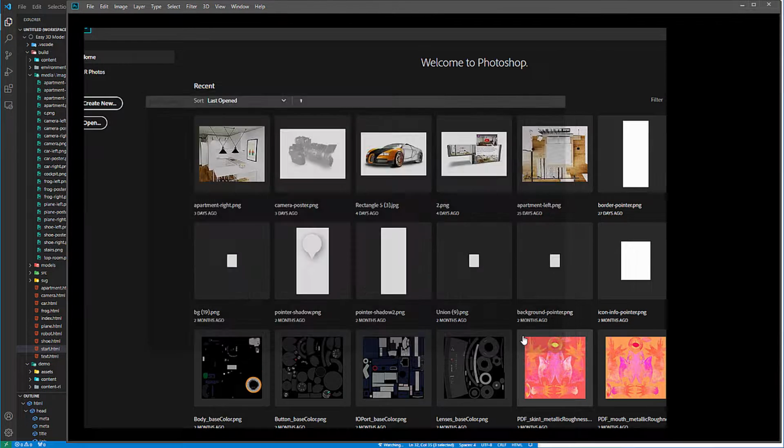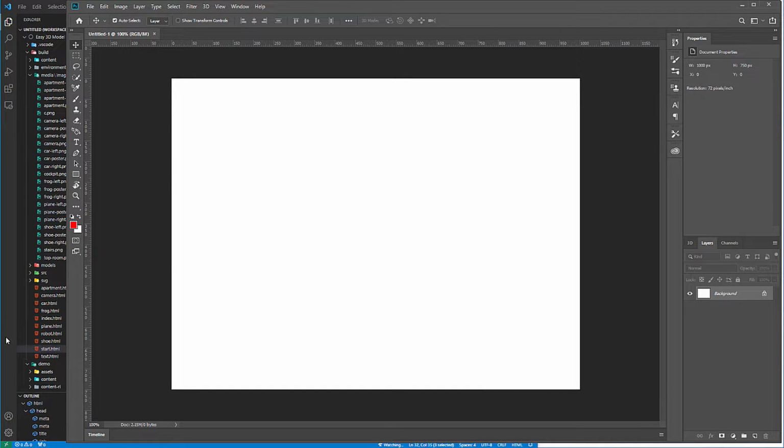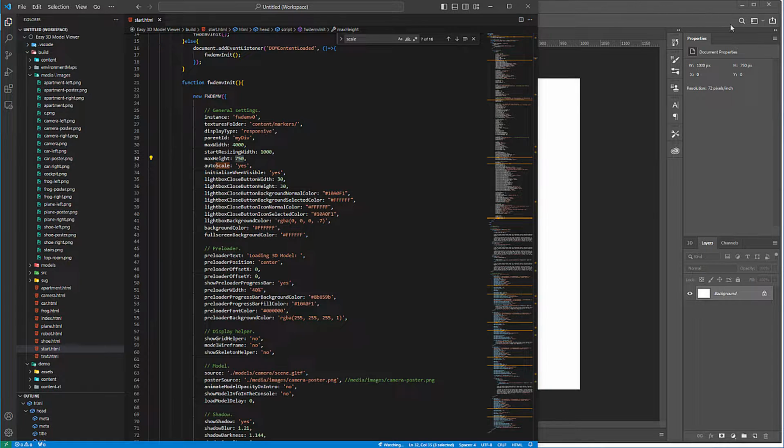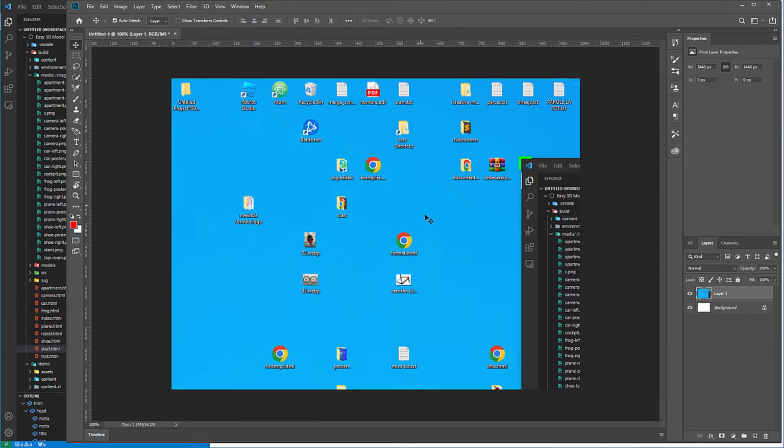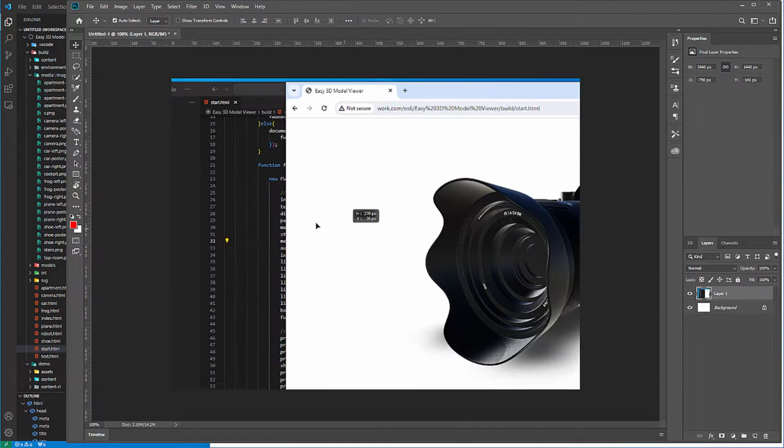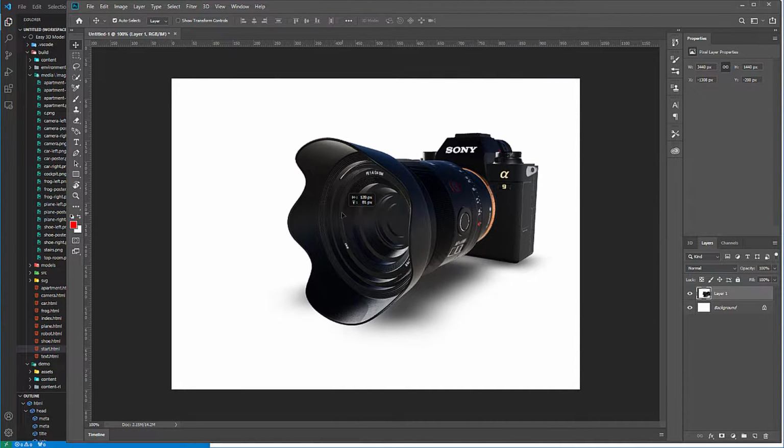So right now we have a blank page like this, and let's go here, and when you have this selected, just click print screen on your keyboard. Okay, and now let's go to this one and paste, and you will have to drag this into